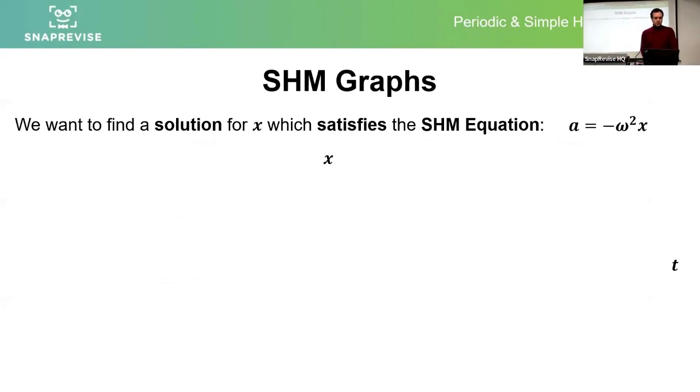We want to find a solution for x which satisfies our simple harmonic motion equation. So far, it's been a little unsatisfying. We've said the acceleration is equal to some constant of proportionality times minus x. But we haven't given a function in terms of time for what x actually looks like. What's the graph of simple harmonic motion? This equation is